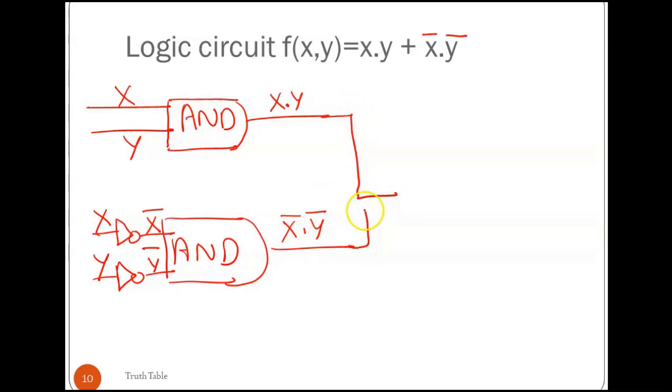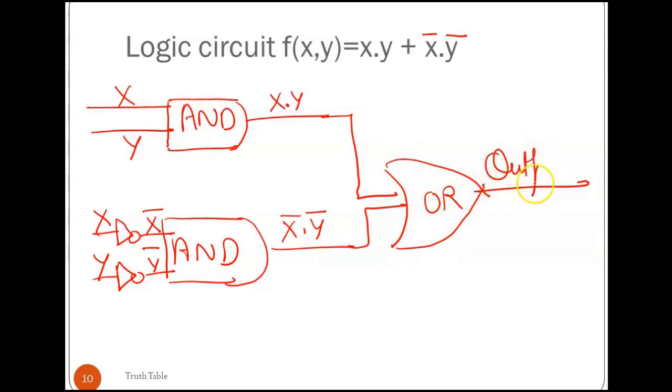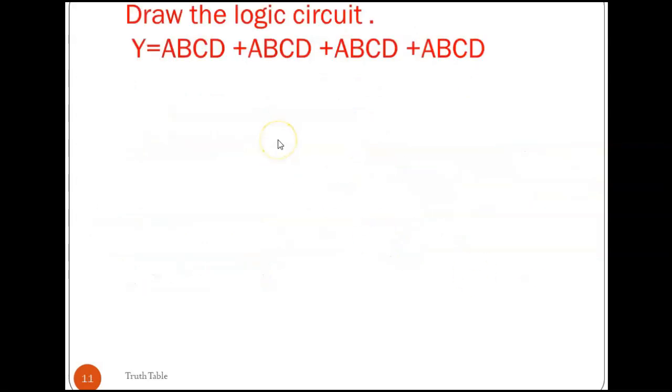Now you can join them together and you can add with OR gate. So this is your OR gate and you are done. This is your output, you can write the word, or you can write this expression also, because the expression is also a little small only, so you can manage. So next to this we have one more